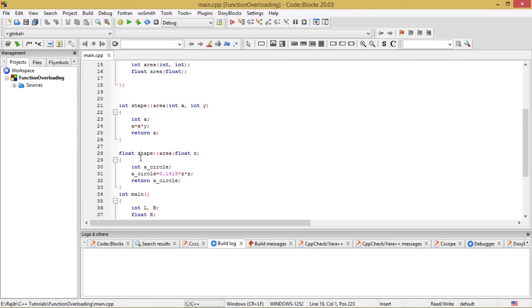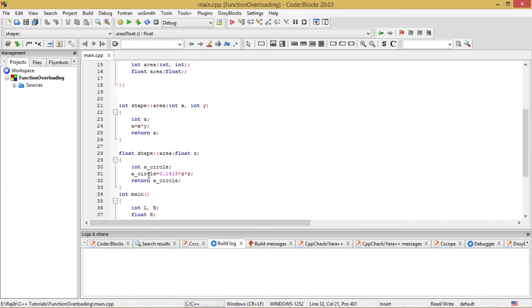After that I have defined the second area function, which is nothing but the function to determine the area of a circle, and that will return a float value. So float Shape::area, area is the name of the function, and within the parentheses I have supplied one argument of the float data type, that is float z.